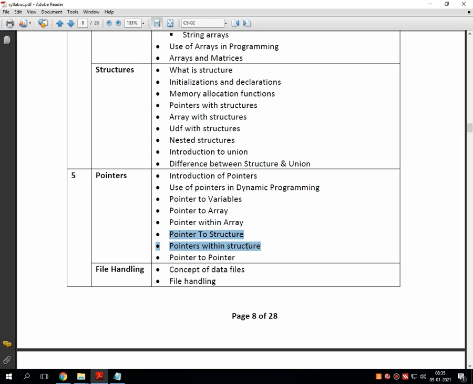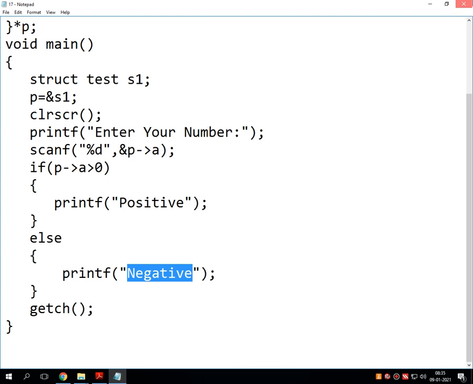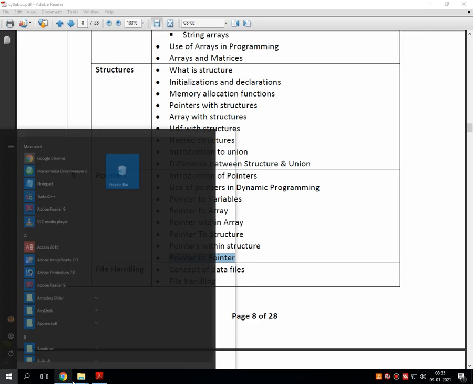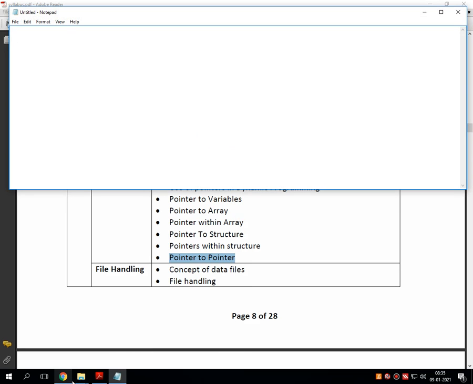Now into the first section, the last topic is pointer to pointer. Let's have a look at the same. For learning about pointer to pointer, before going ahead with the theoretical discussion, we have introduced pointer with variable,